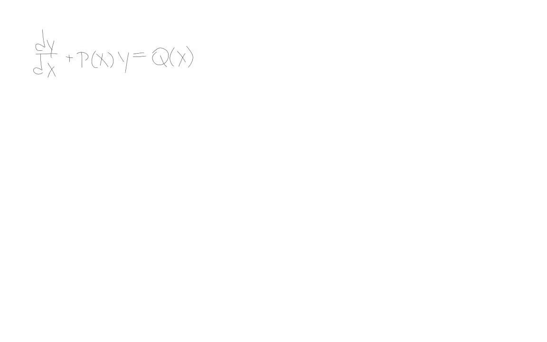So here I've got a first-order linear differential equation in its generic form, and I'm going to utilize the integrating factor method to solve this. So the first thing I'm going to do is multiply out my dx. That leaves me with dy plus p of x times y dx equals q of x